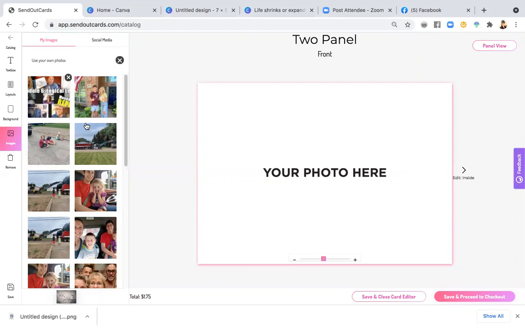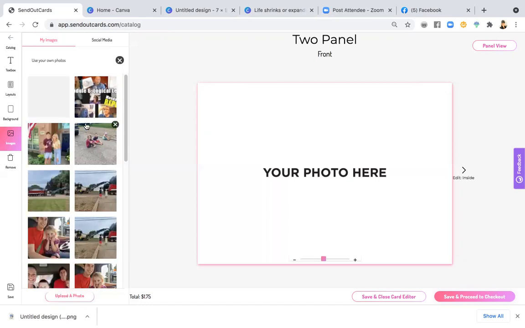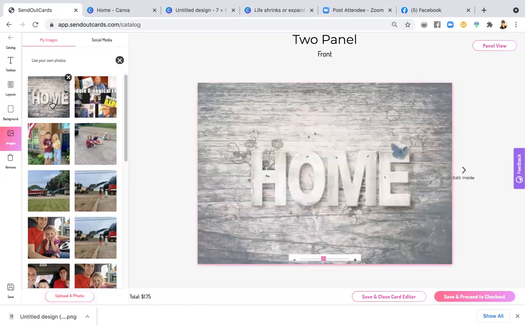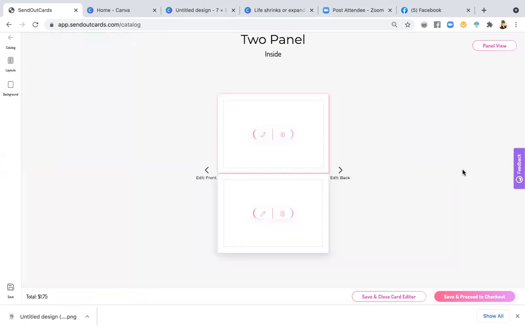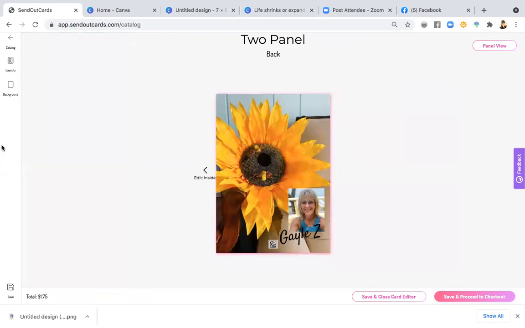Still downloading. Honestly, when you're doing this on your own, it does not take this amount of time to download those images. It comes in pretty quickly. I think it's just the streaming. So here we go. Now there's the front of your card. You go to the inside and it's going to bring you the top and bottom. You can design it. And then on the back, we're going to talk a little bit about custom branding today as well,